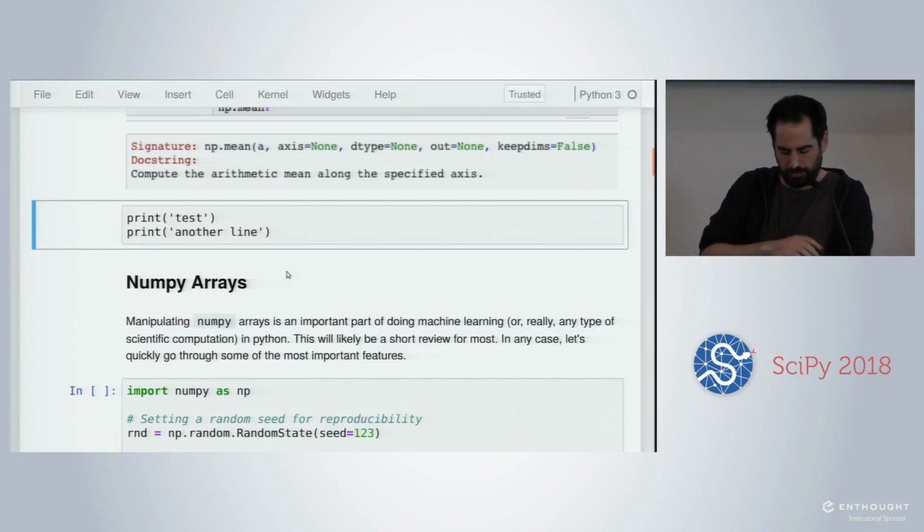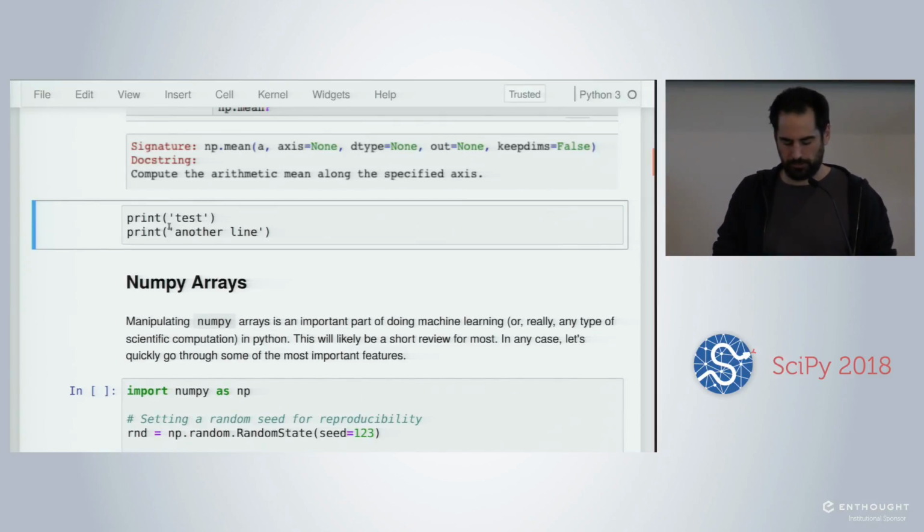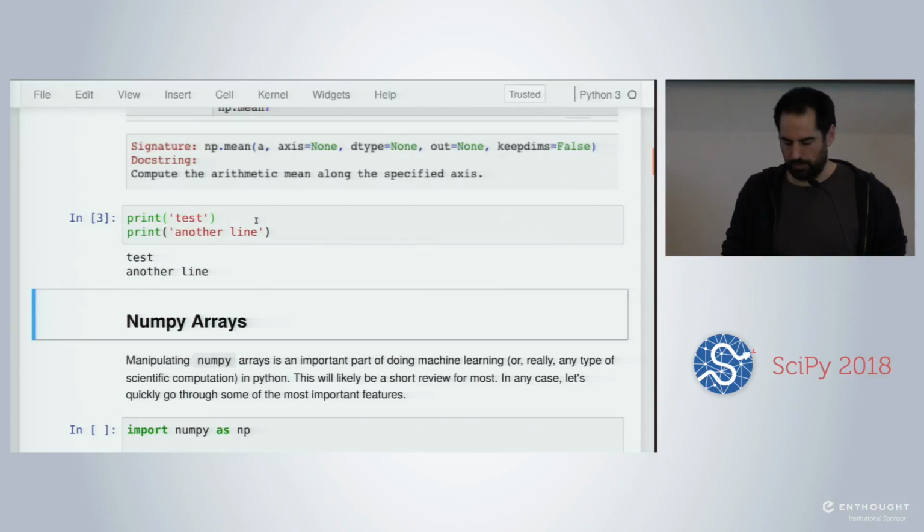I'm going to give you some keyboard shortcuts that are very useful for Jupyter. First, to get the list of the keyboard shortcuts, press Escape to make sure that the selection of the cell is in blue mode, and then press H. Then you see all the keyboard shortcuts that are available.